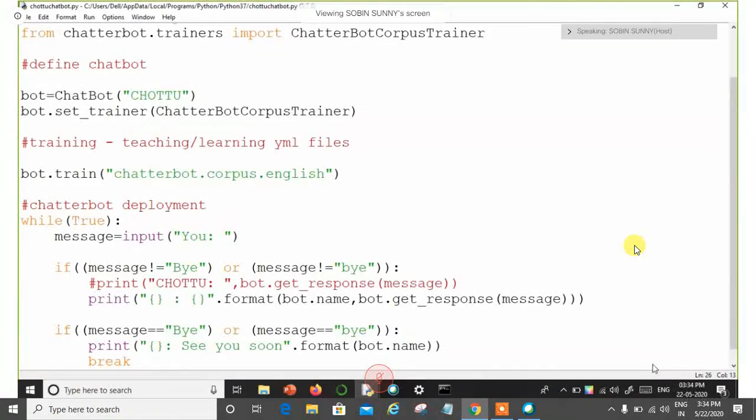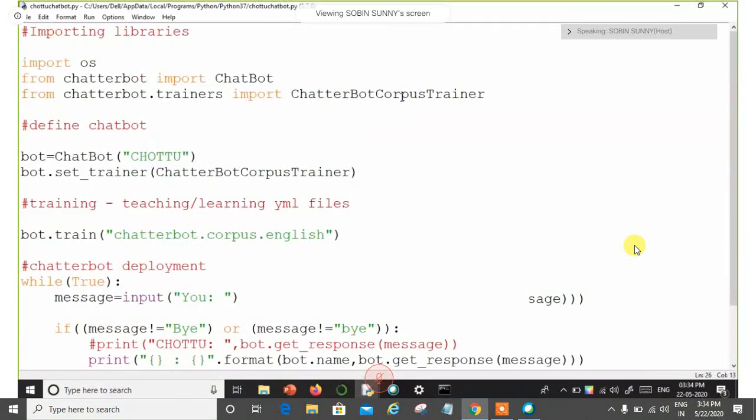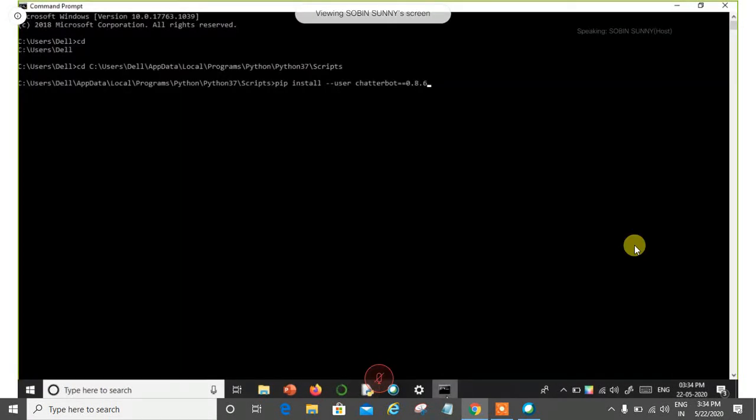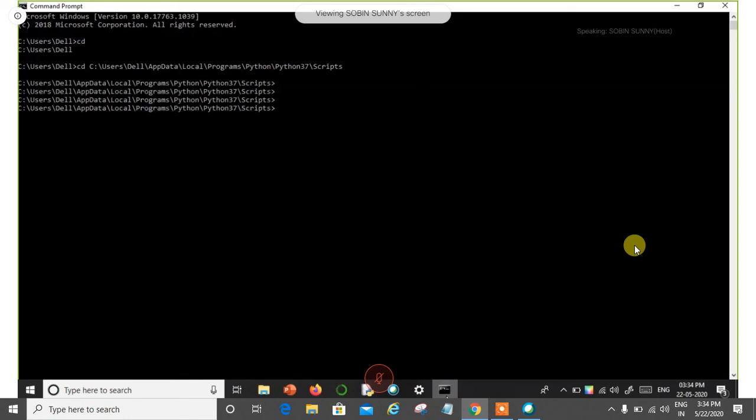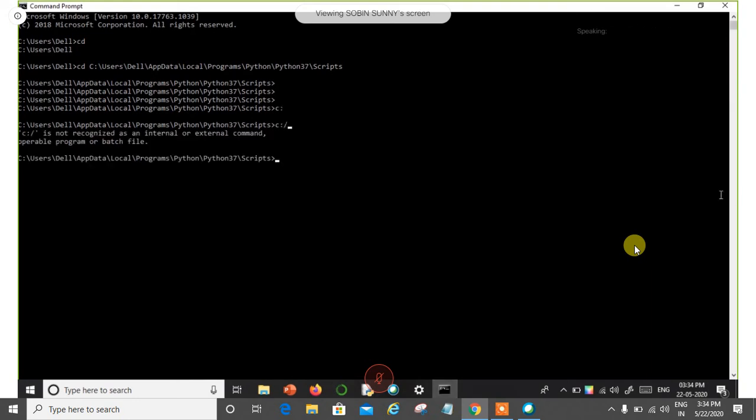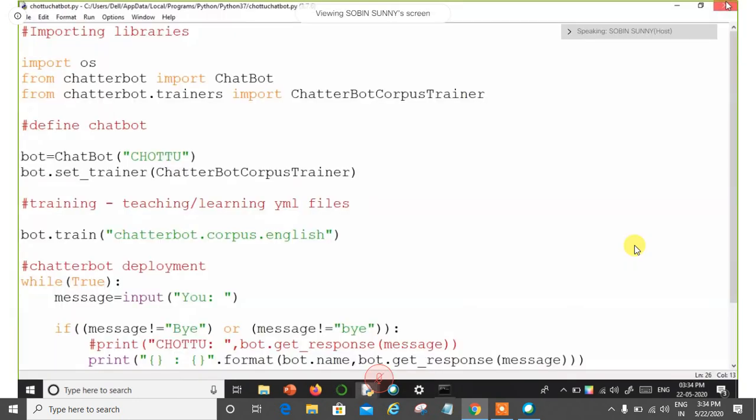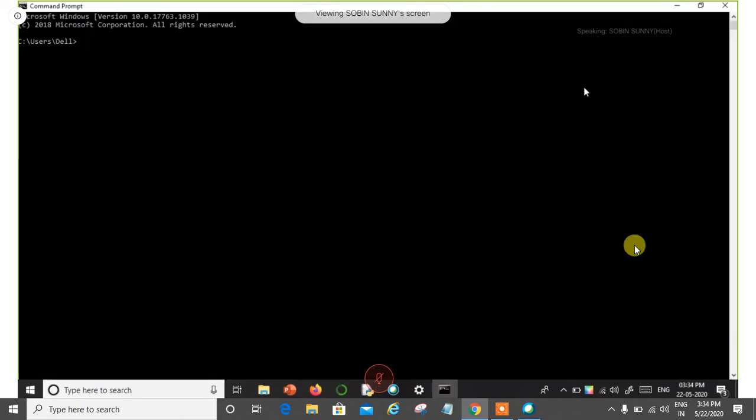Now once again, you can check the program for any syntax error. If you are very sure that you haven't committed any syntax error, you can use your command prompt. Those people who have been using IDLE, please open your command prompt now. I shall just close and open the command prompt for better understanding. Yeah, so this is your command prompt.